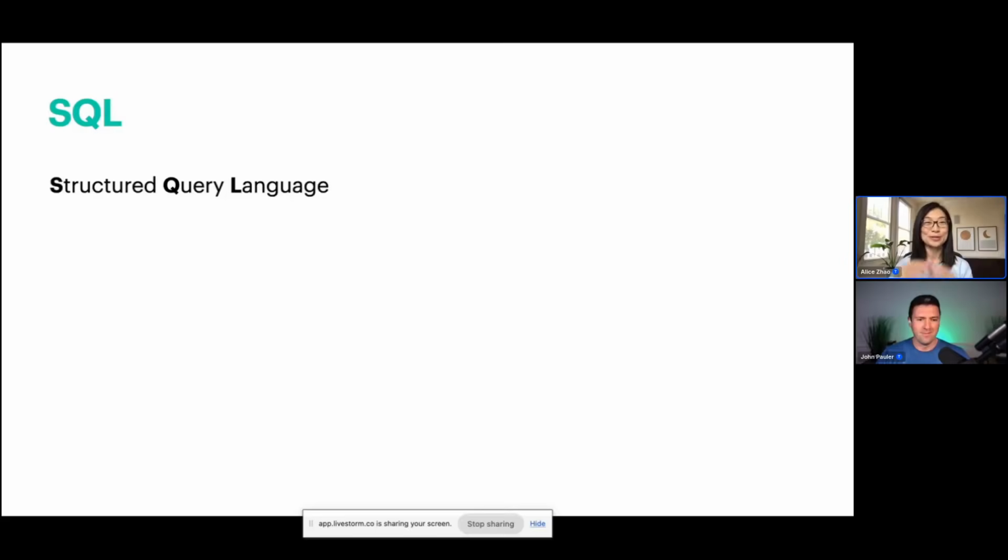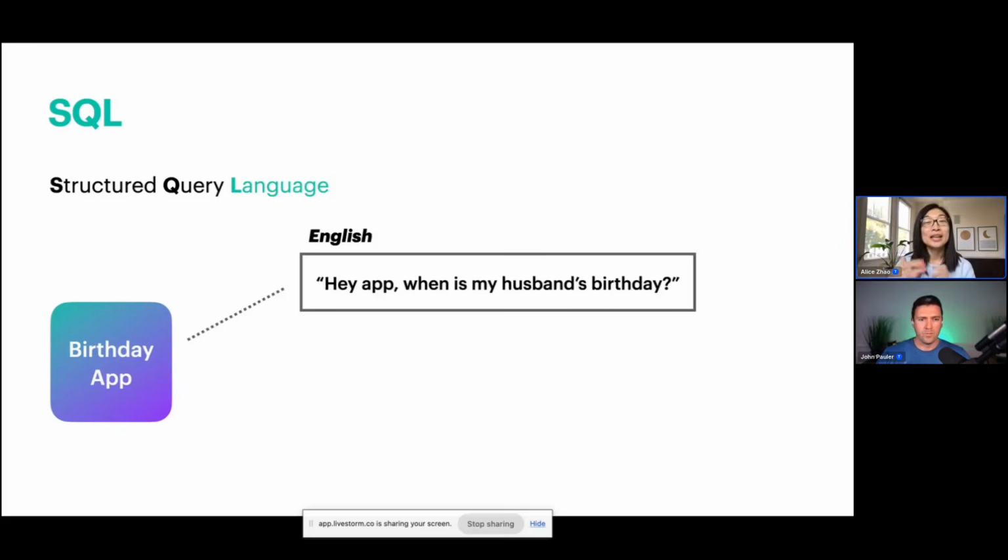SQL, which is what you're all here for, stands for Structured Query Language. The first part I want to highlight here is this language piece. To demonstrate, let's say we had a birthday app on our phone, and that app contained all our friends' birthdays. In the English language, you would try to get information from the birthday app by saying, hey app, when is my husband's birthday?